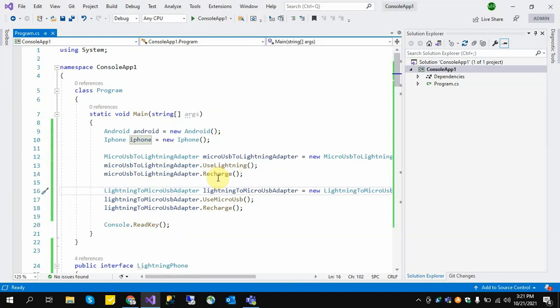This is the example: we have an Android phone and an iPhone. We charge the Android using an iPhone adapter. We charge the iPhone using an Android adapter. So this is the example of the adapter design pattern.